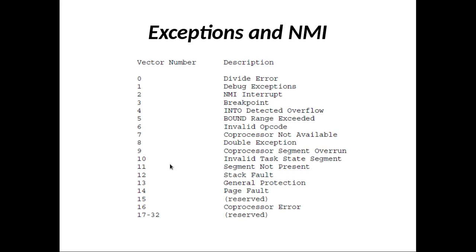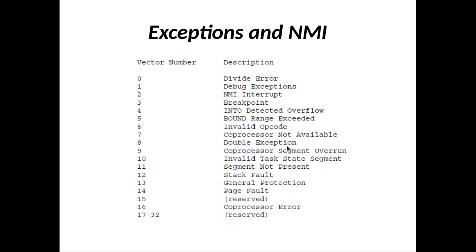Okay, by observing this slide, can you tell me what is the type number of the interrupt that are coming on NMI pin? Yes, it is type 2. So it is NMI interrupt. The interrupts which are coming on NMI pin are assigned vector number 2. And apart from this NMI interrupt, all others are exceptions here. So stack fault, then page fault, coprocessor error, all these are error conditions, that is exceptions.